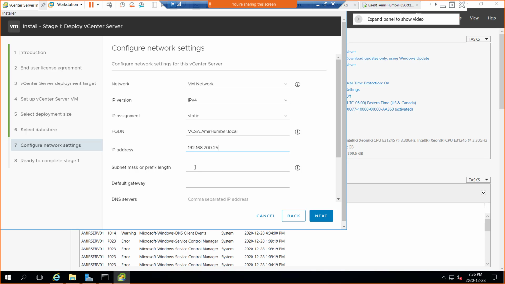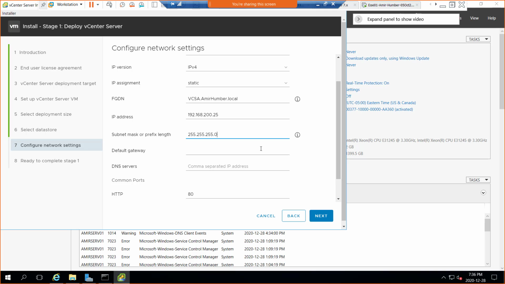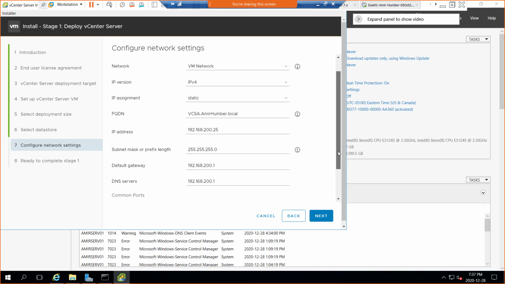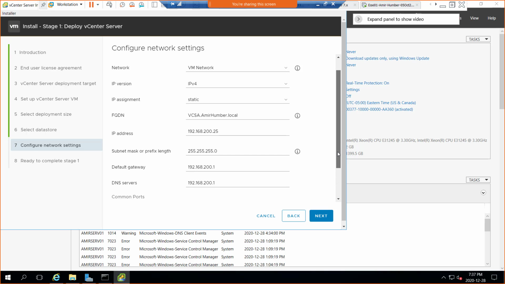Any unused IP, right? And then the subnet mask, we already know that it's 255.255.255.0. And default gateway 192.168.200.1. DNS, same, 192.168.200.1. I'm going to put that whole configuration as a screenshot there in WhatsApp,